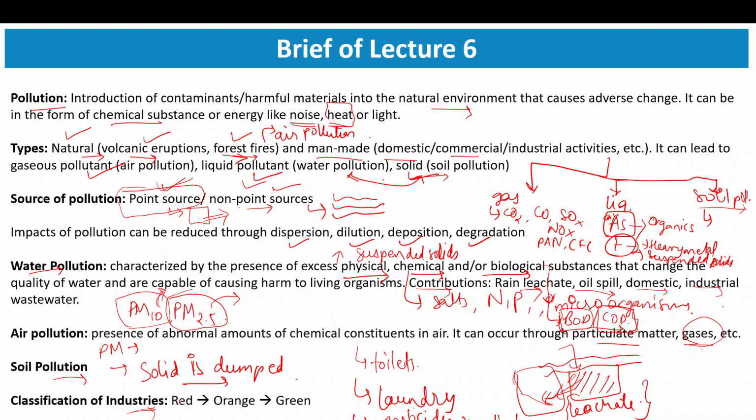So based on what amount of pollution can be created in the form of water pollution, air pollution or soil pollution, industries can be divided into red, orange and green. Red are considered to be the most polluting industries, orange is in between, and green is considered the one which creates